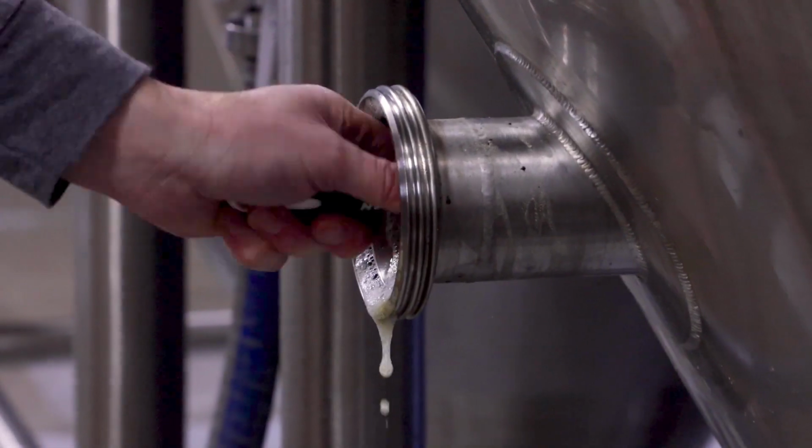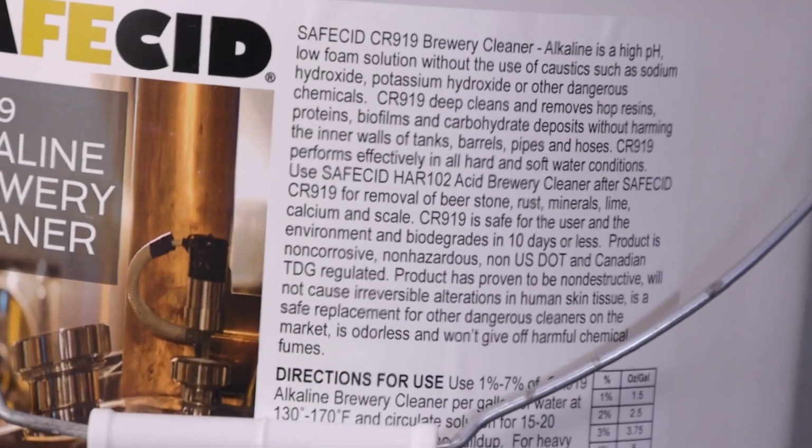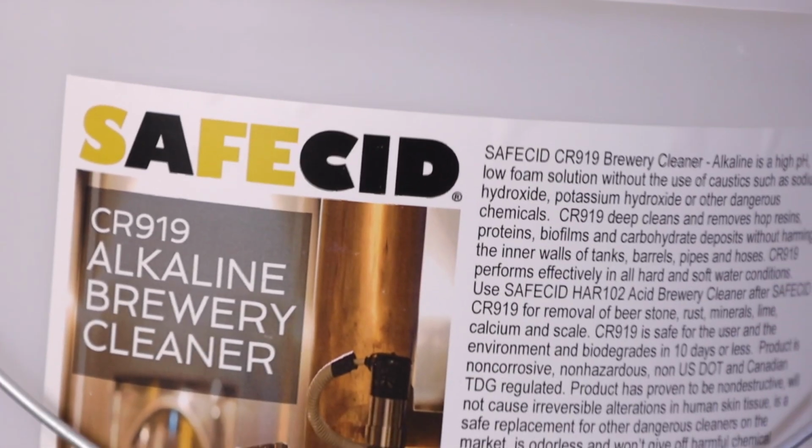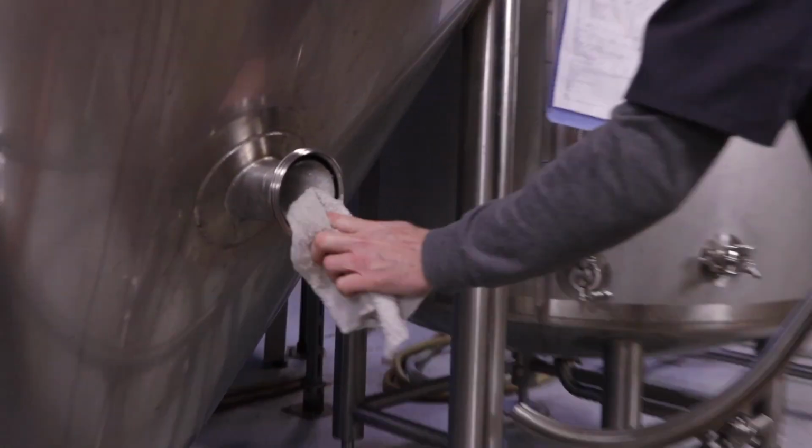So the second reason that I would use Safecid is just for the cleaning power of it. It has the same cleaning capability as commercial grade cleaners like sodium hydroxide, but the cleaning power of Safecid is by and far superior. The third part with Safecid products is with the fact that they are a 000